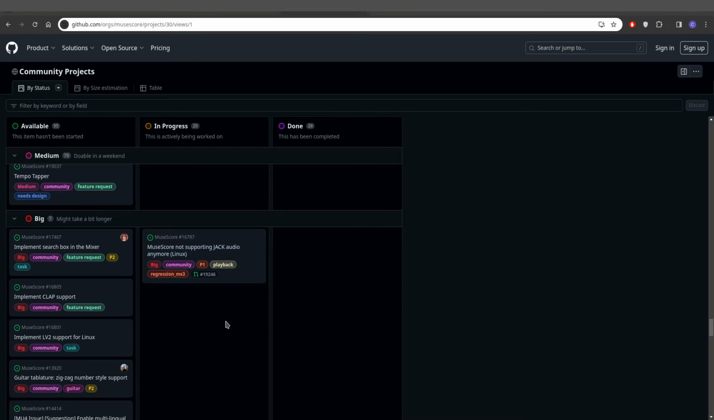It's a feature that is very much in line with other proprietary software that's out there on other platforms, Mac and Windows, and that is synchronization, or MIDI export output sockets and input sockets. So we have this here, Musescore not supporting Jack audio in Linux anymore. This isn't pertaining just to the audio side of it, but actually the real issue is the MIDI side of